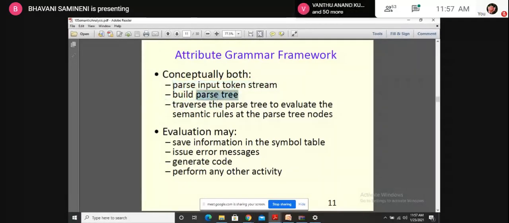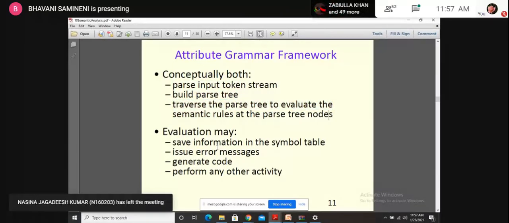The second one, building the parse tree, is the syntax analysis. And the third one is semantic analysis, where we have to traverse the parse tree to evaluate the semantic rules at the parse tree nodes. Are you getting? So these are the main three phases.